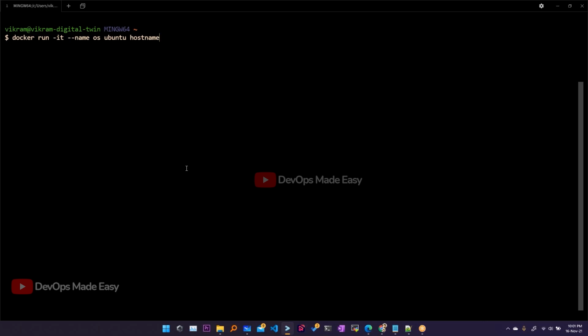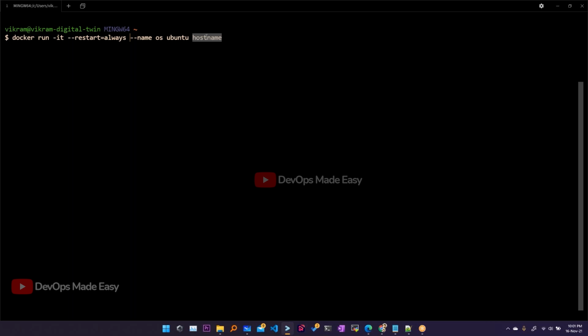I don't want the container to stay in the stopped state once it has exited. I want it to restart automatically once it exits. So I'll use hyphen restart equal to always, so that the stopped containers will always start. I'm saying it will stop because hostname is a custom command. It will stop after successfully executing.